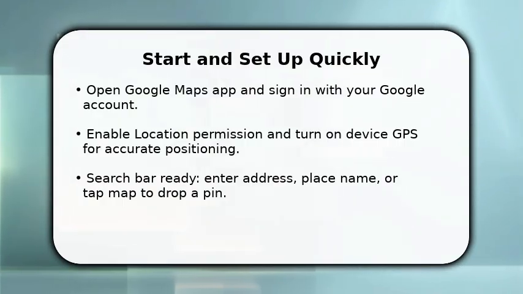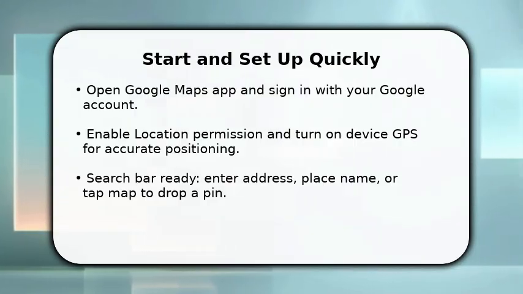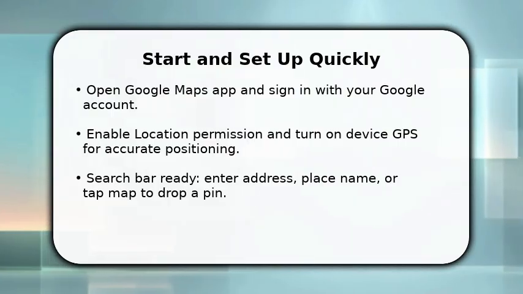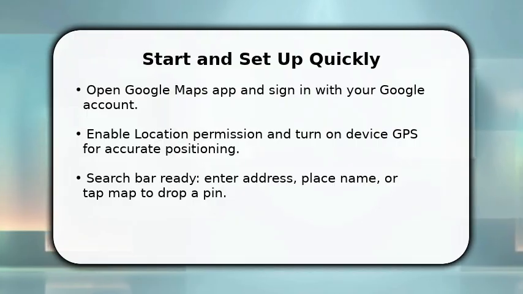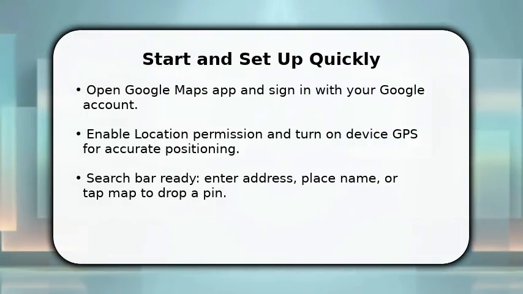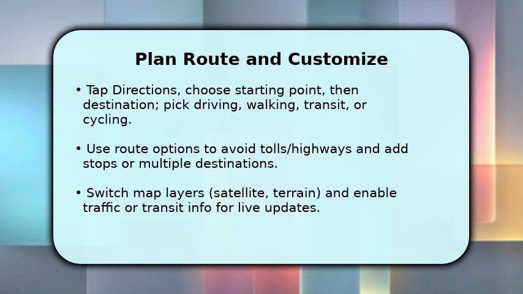Tap the search bar and type an address or place name, or press and hold the map to drop a pin if you don't have an exact string. This gets you an active map view and immediate options, directions, save or share, so you can move to routing without delay. Once you have a place selected, tap directions and confirm your starting point, which can be current location